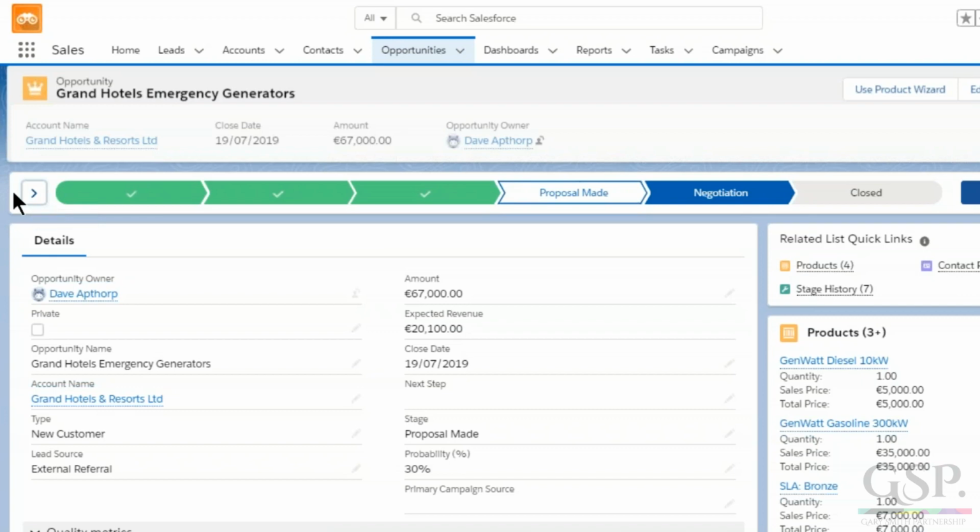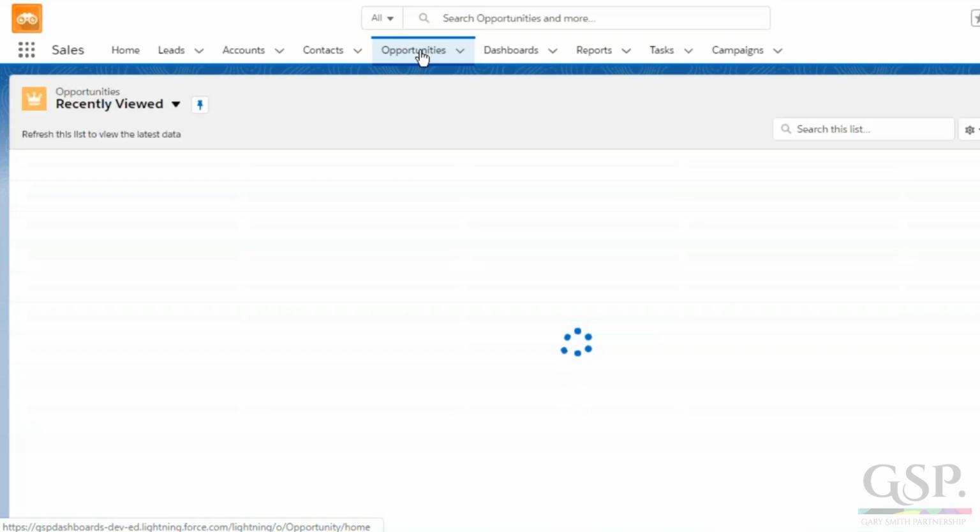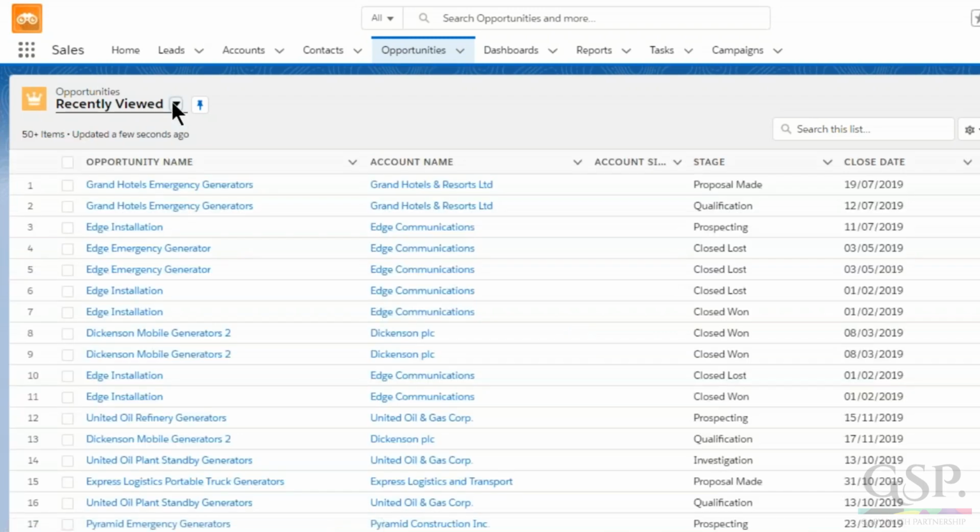Now, since we're on the subject of updating opportunities, I do like the Kanban view in Lightning. One of the biggest challenges in any Salesforce environment is just getting accurate visibility of the pipeline, accurate visibility of the sales forecast, and in some companies it's a challenge to get the guys to update them. So